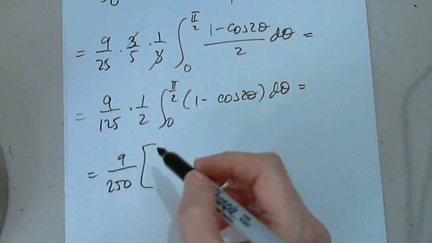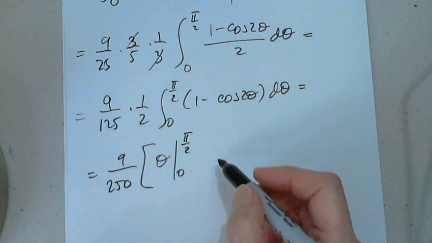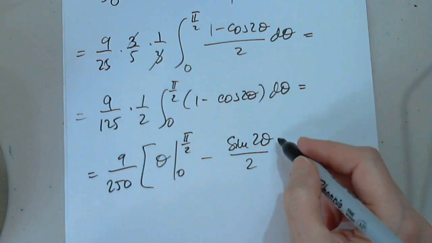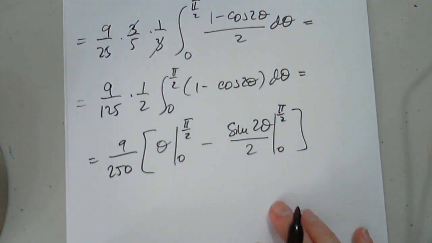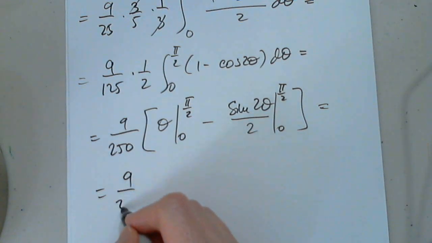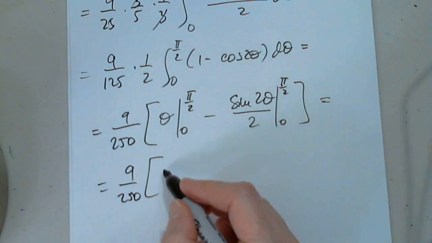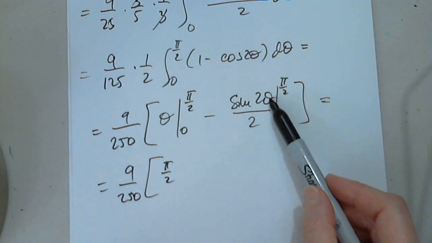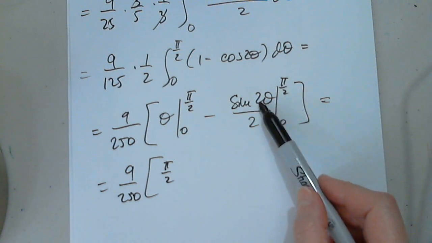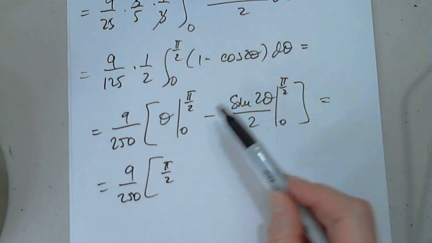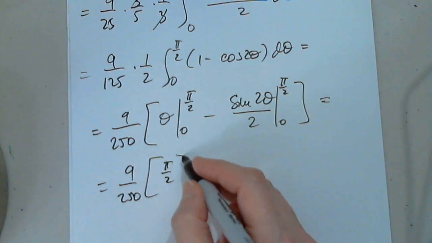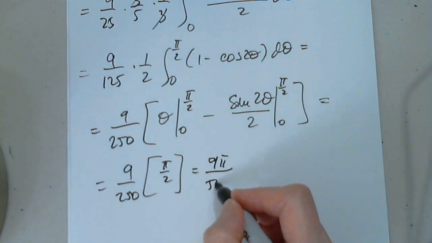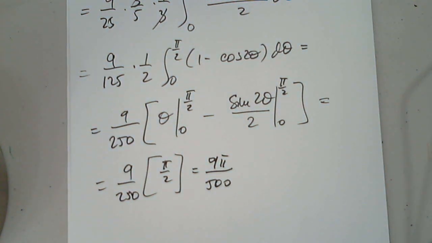The integral of 1 is theta, from 0 to pi over 2, minus sine 2 theta over 2, again from 0 to pi over 2. Okay, so 9 over 250. We plug in pi over 2. When I plug in 0, I get 0. And here, when I plug in pi over 2, 2 times pi over 2 is pi, sine is 0. So the answer is 0. When I plug in 0, I also get 0. So this is 9 pi over 500. And I'll sub here and